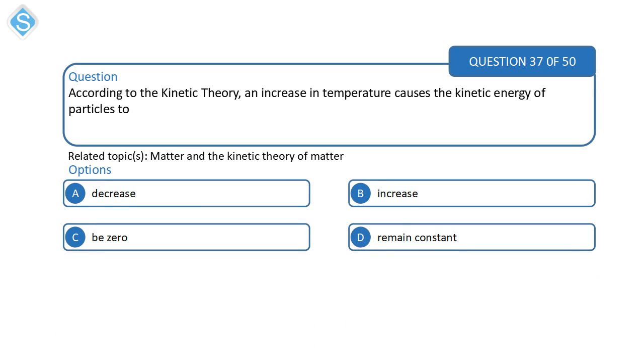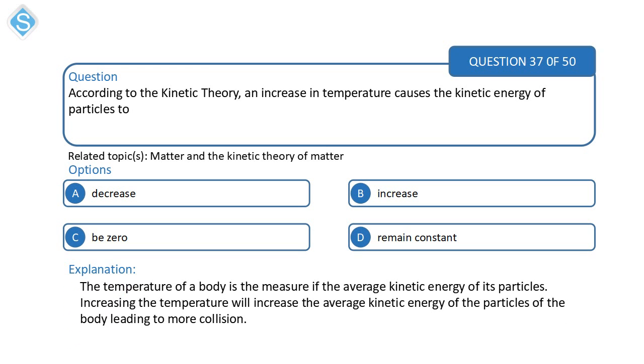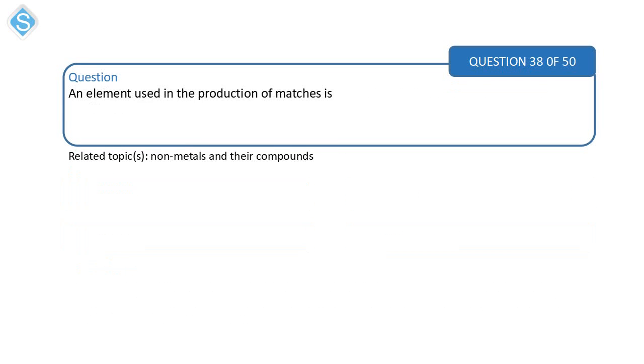According to the kinetic theory, an increase in temperature causes the average kinetic energy of the particles to increase, because those particles will gain more energy. They will gain more energy, so they'll be able to move at faster speed on the average. A decrease will do the reverse of that. A decrease in temperature will cause the average kinetic energy of the particle to